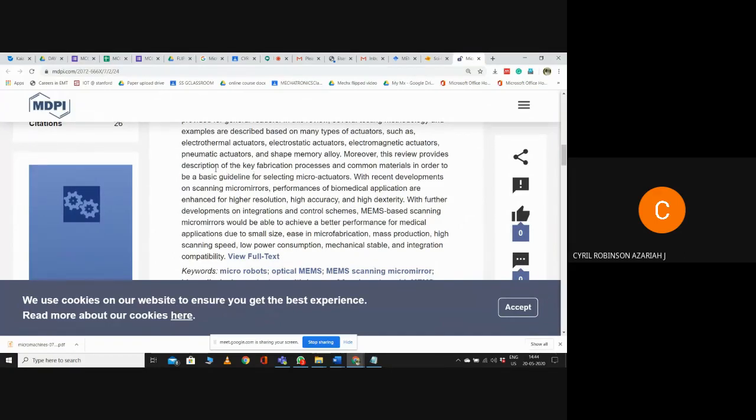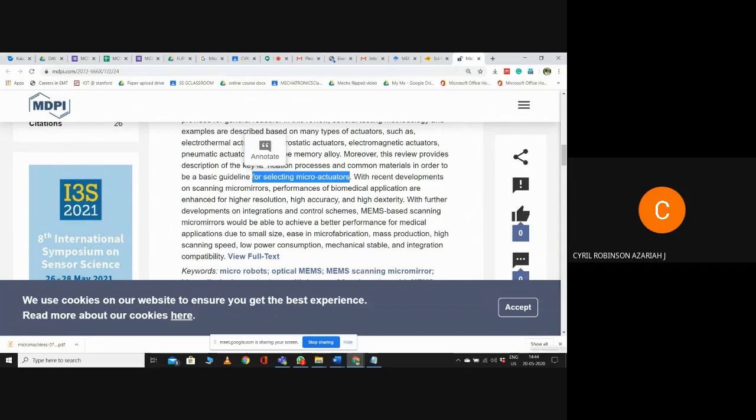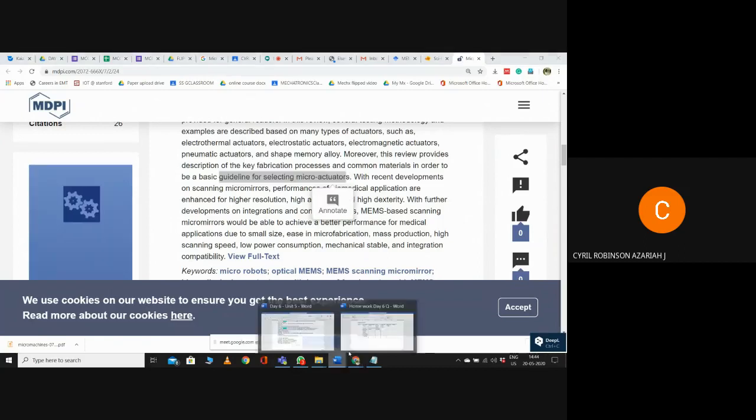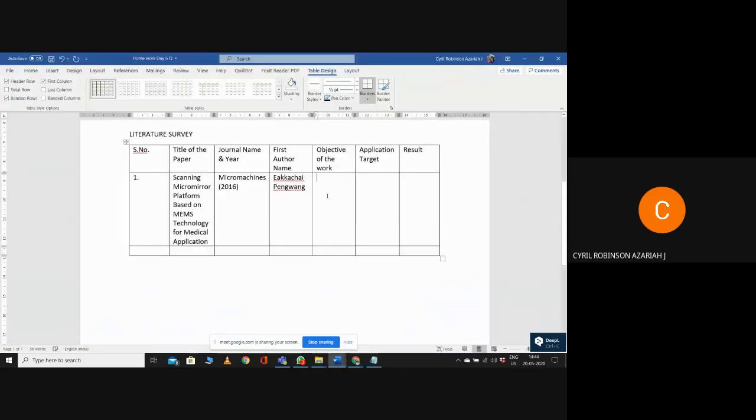In this review, they provide a description of the key fabrication processes and common materials for selecting microactuators, a guideline for selecting microactuators. Mention it here.